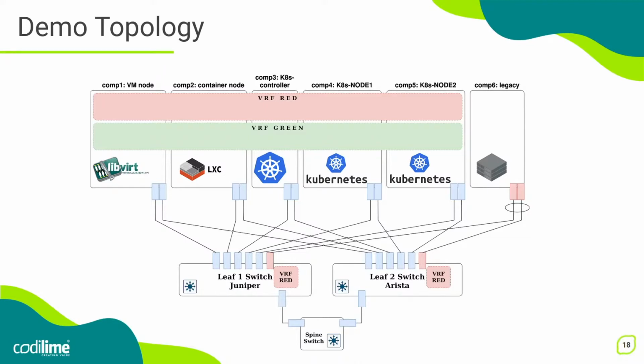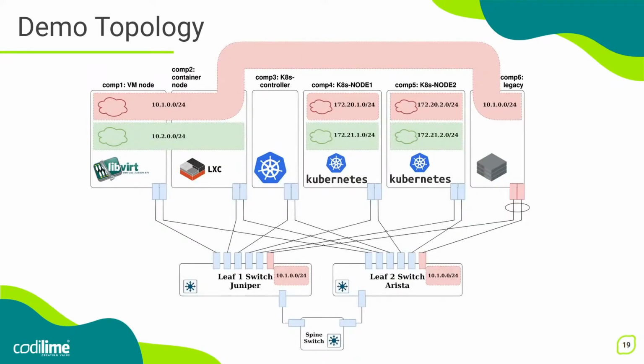There is no VRF configuration there, so it is assigned only to a single VRF, and that assignment is done on the switches. That compute node is connected via the bonding interface, and it thinks it's connected to a single switch. So we have redundancy. Both of those links are active. However, if one switch fails, the compute 6 will transparently move to the second switch while keeping all the connectivity, a little bit less performance, but still will have communication.